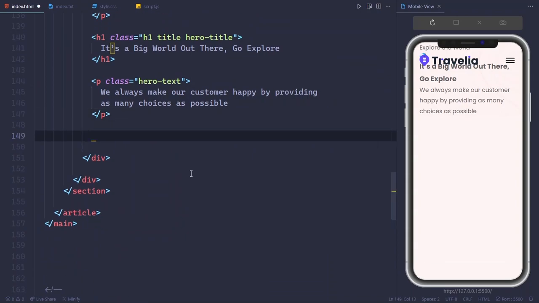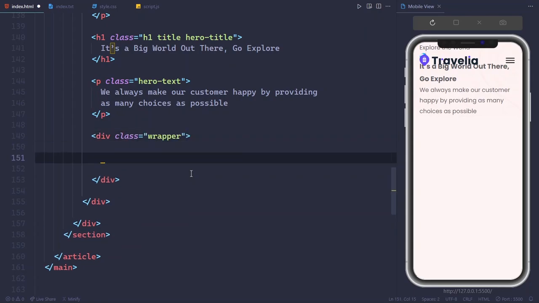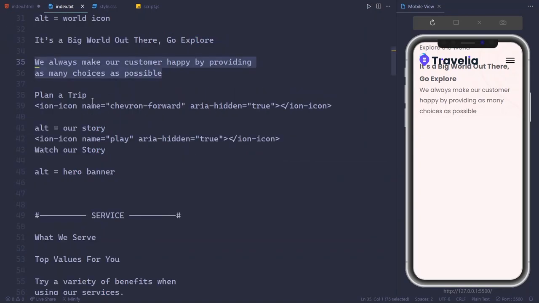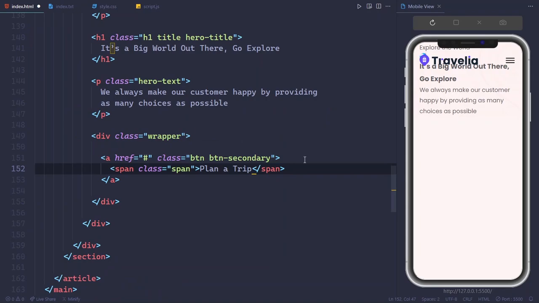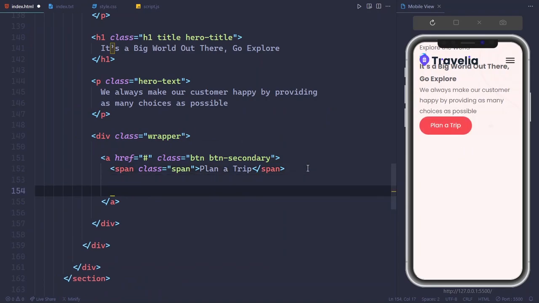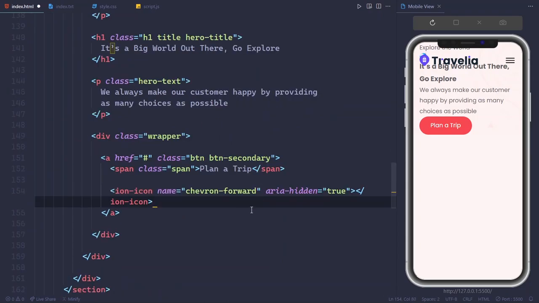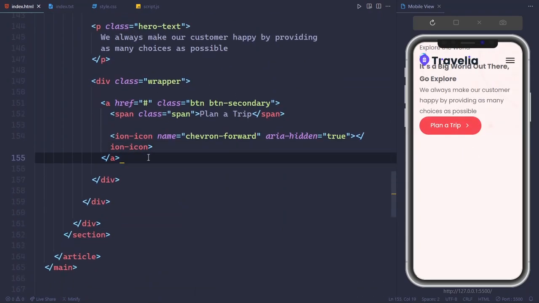And then let's create a wrapper, and inside the wrapper a.btn secondary, and inside the btn secondary is span. Let's copy the text, and after that here will be an icon, which is this one. Alright,